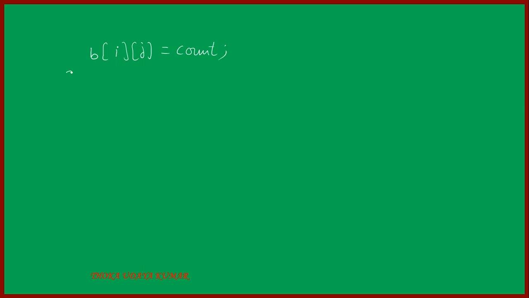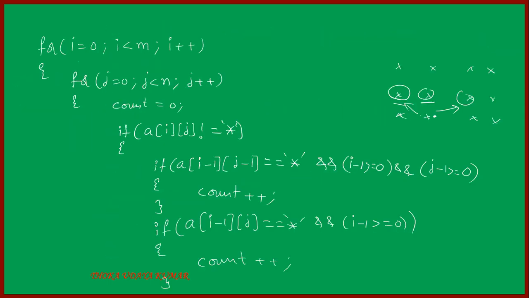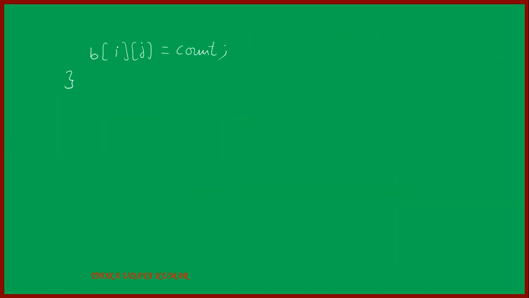Okay, so this is the if condition. If you see here, this if is ended here. That if says a of ij is not equal to star. Now you have to write the corresponding else, which means that a of ij is equal to star. If that is equal to star, you have to put b of ij equal to star. You have to keep stars as they are, right?